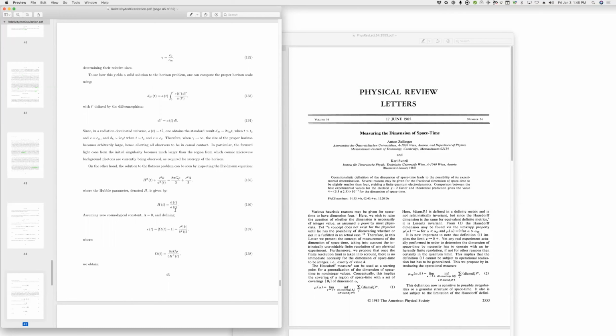No. Explain something to me. The square root of G determines the density of points as a function of X and T. Is that correct? Yes. Okay, so in the Schwarzschild metric, we need to get what that square root of G is as a function of X and T in somebody's favorite coordinate system.